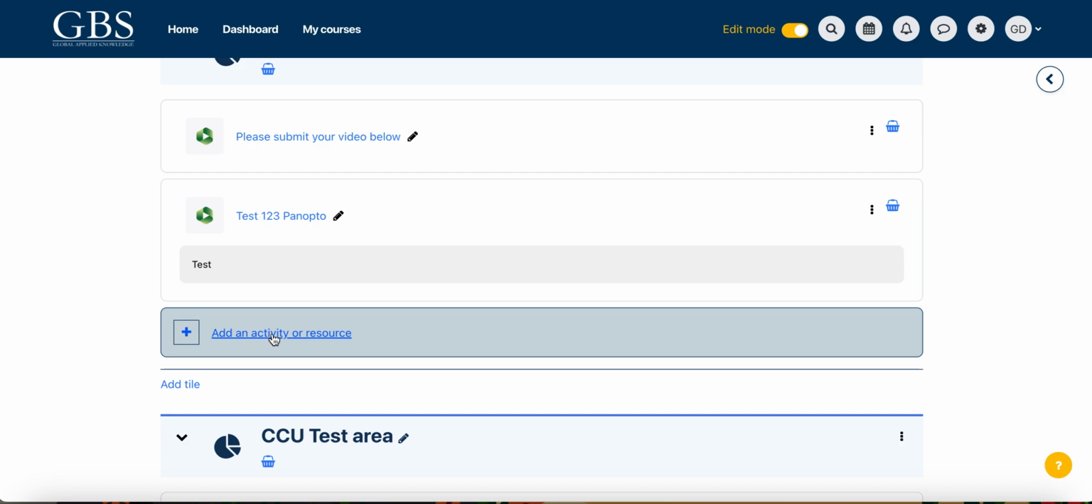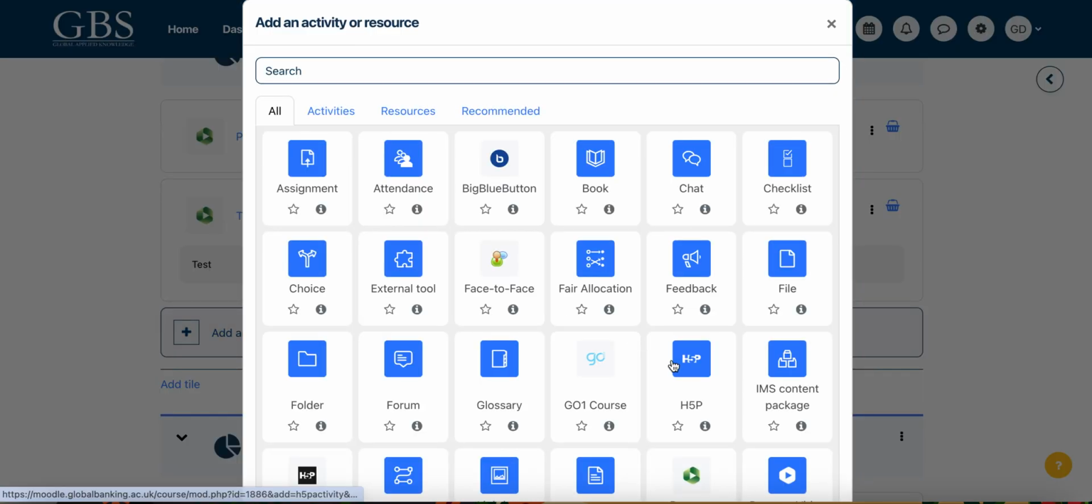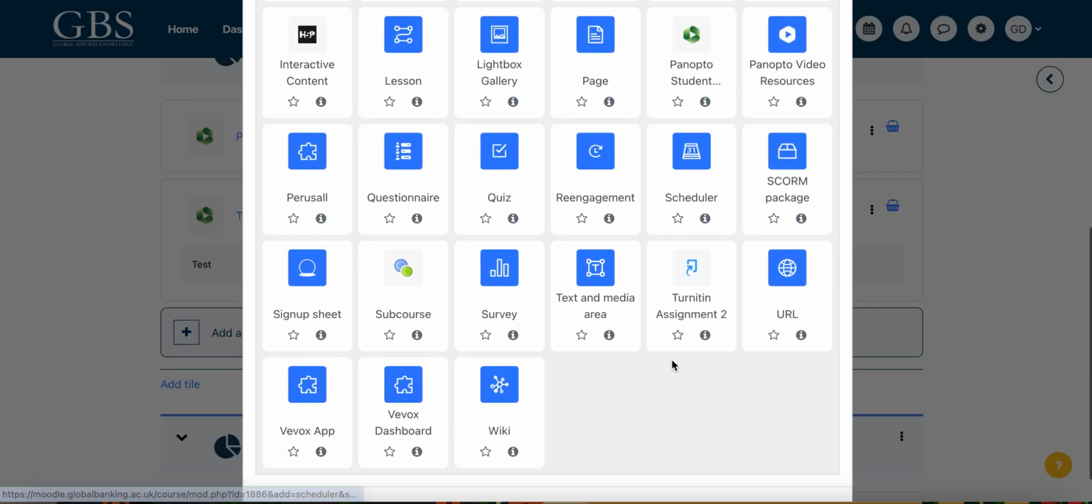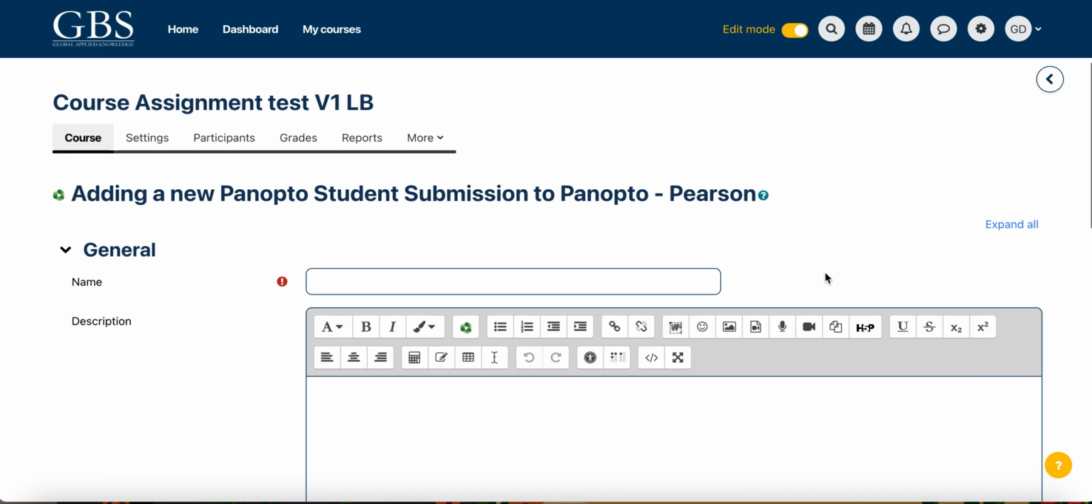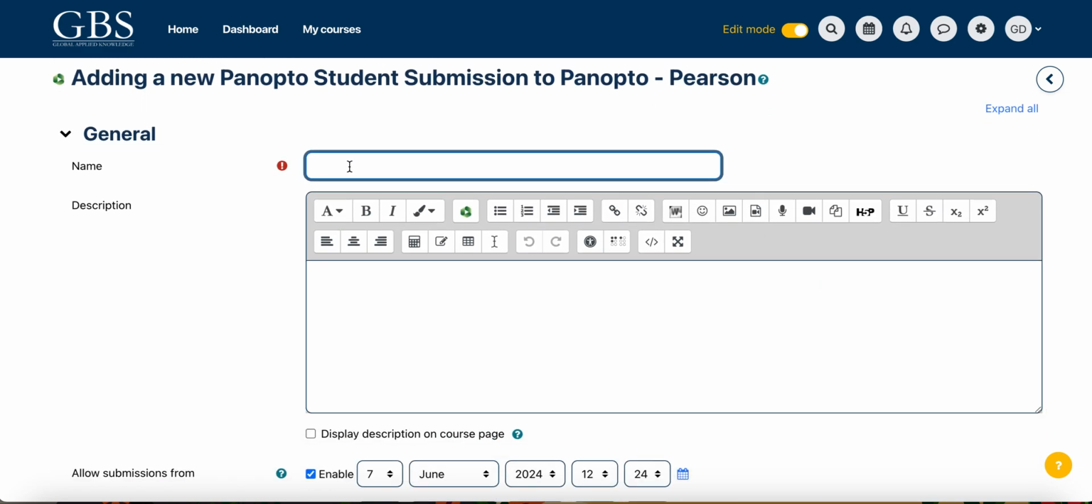Now the next step is just click on add an activity and resource. Make sure you scroll down, look for the Panopto student summation, click on it, which is this one with the green little icon. Here you will be able to have two different boxes. One is the name, this is compulsory. On this we're going to type test template submission,